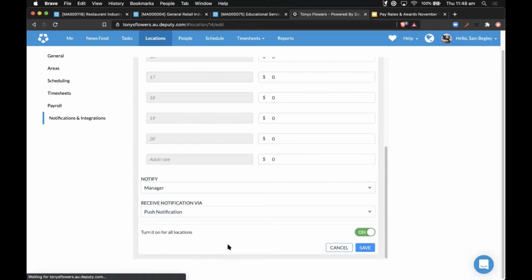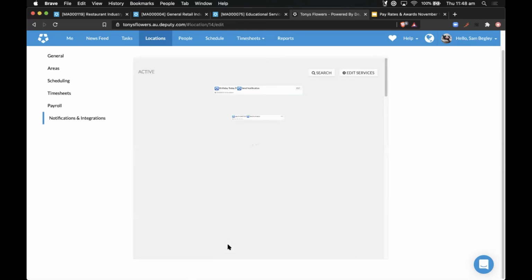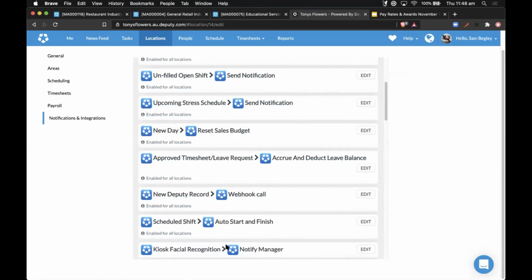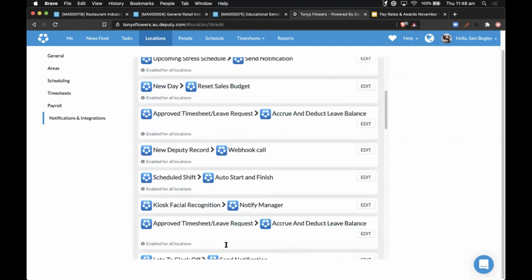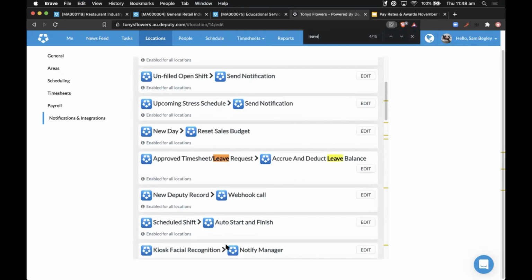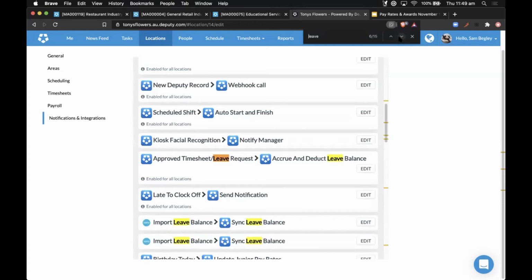Cool. And then the other thing that was asked quite a bit in notifications integrations is the leave accrual. Leave accrual is always a bit of a tricky topic. If you want to have leave accrual turned on for a specific location, we have a setting in here, I think it's a little further down, Sam.